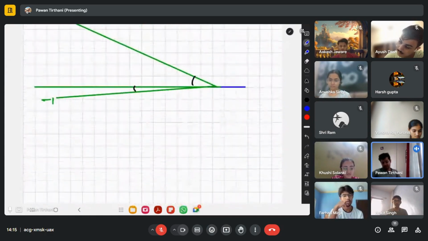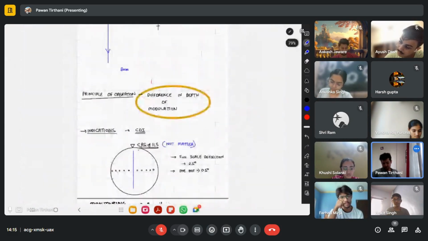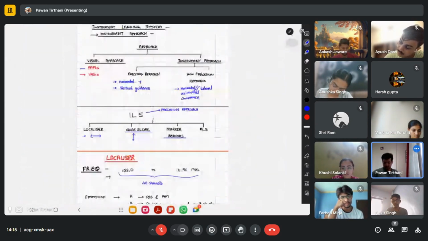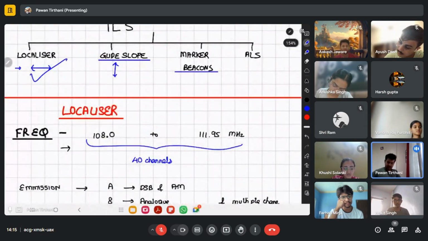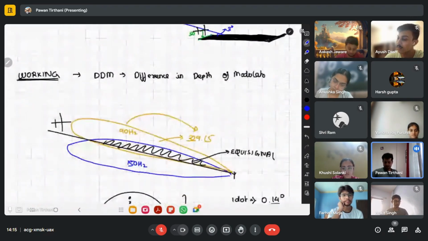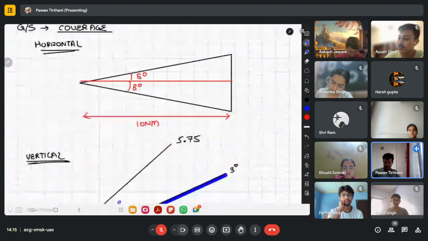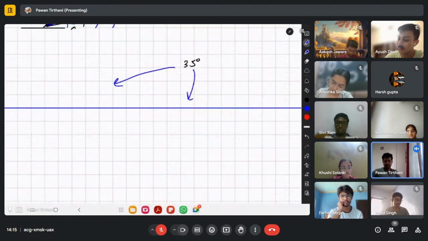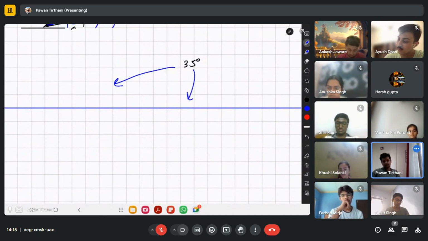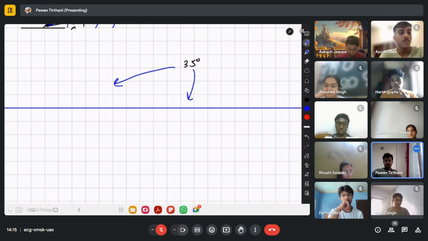वापस जाते हैं हम लोग यहाँ पे आईएलएस में। लोकलाइजर खत्म, ग्लाइड स्लोप खत्म, अब आते हैं हम लोग मार्कर बीकन्स पे। दिस इज द लास्ट थिंग अबाउट आईएलएस दैट वी आर गोइंग टू स्टडी। उसके बाद अप्रोच लाइटिंग सिस्टम एक छोटा सा पार्ट है। उसके बाद हम लोग थोड़ा एक्स्ट्रा चीज़ें पढ़ेंगे, फैक्टर्स अफेक्टिंग, एरर्स, कैटेगरीज पढ़ लेंगे, एंड वील एंड इट।